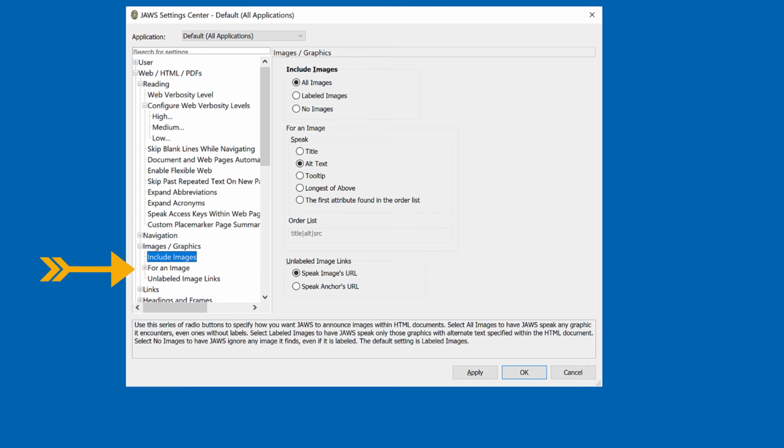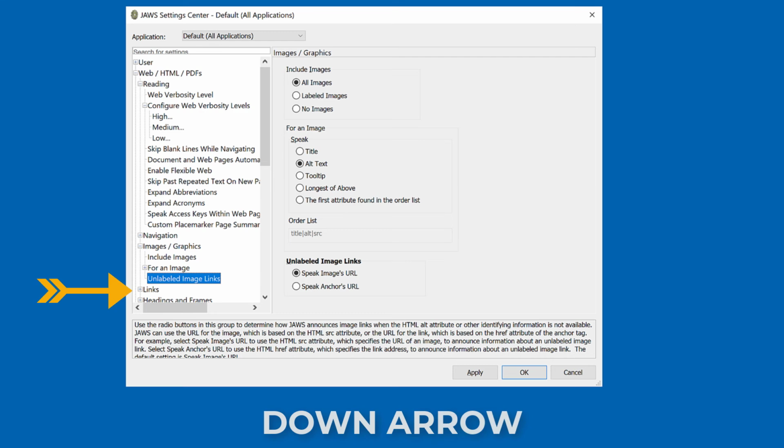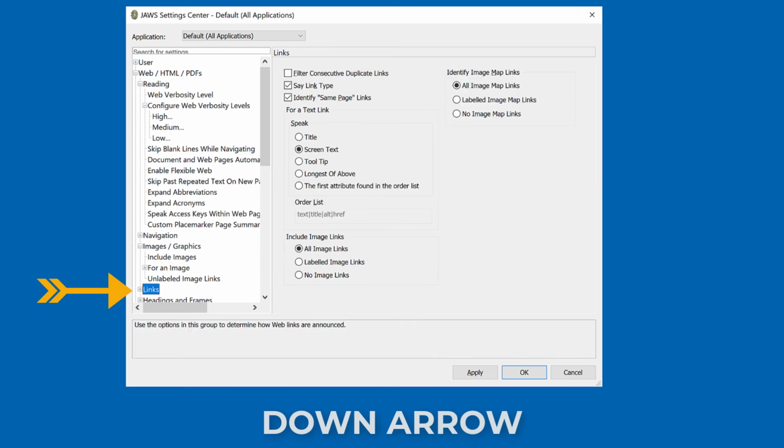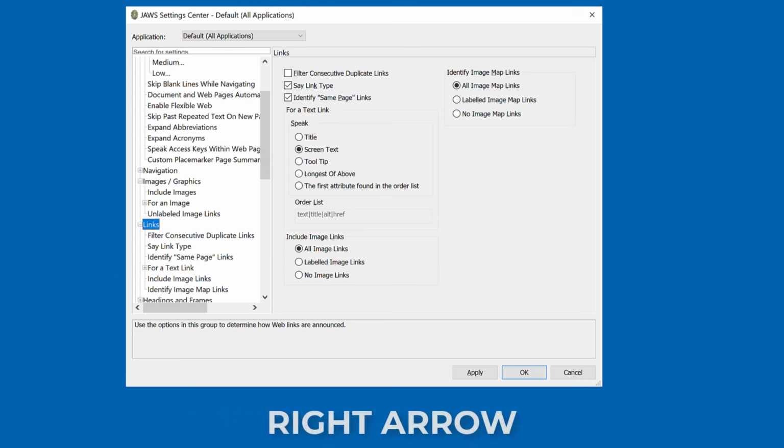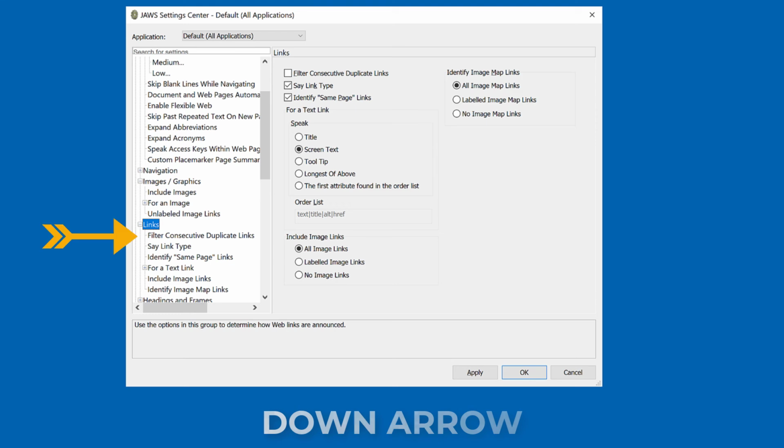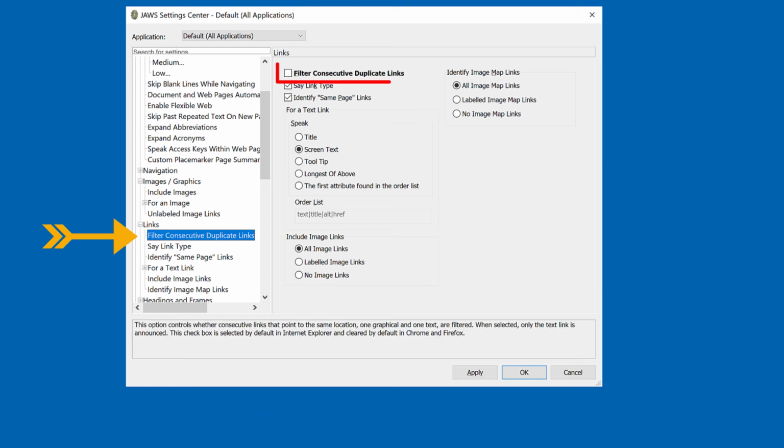Move down to the Links node and press right arrow to open it. For an image closed. Unlabeled image links speak images URL. Level 1, Links, closed, 4 of 7. Web/HTML/PDFs. Links, open, 6 items. Press down arrow to move to Filter Consecutive Duplicate Links. The default is not checked in the latest versions of JAWS for Chrome and Firefox. Make sure it is unchecked. Level 2. Filter consecutive duplicate links not checked. 1 of 6. Links